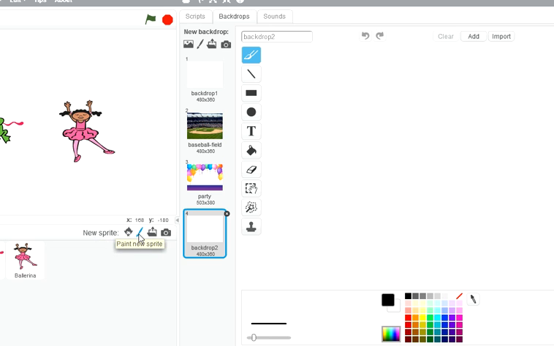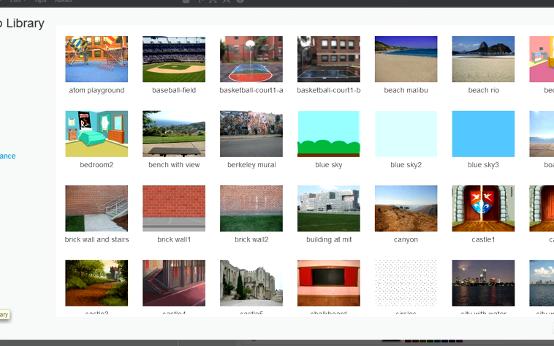Similarly here also you can draw your sprite. You can take it from paint and you can take it from camera also. So we are not taking any backdrop from our computer, or we are not painting it. We are just using the inbuilt. So just click on that and click on OK. Then that backdrop will be applied to your current project. Okay, so just wait and see how it will work.